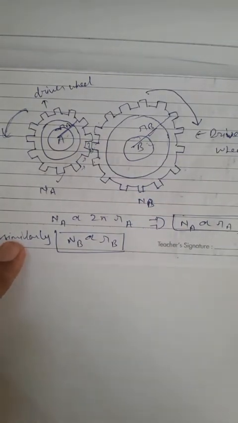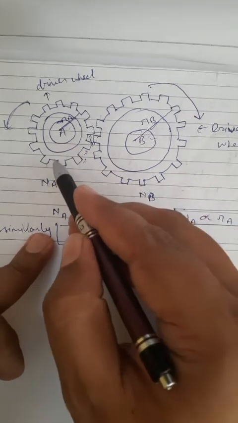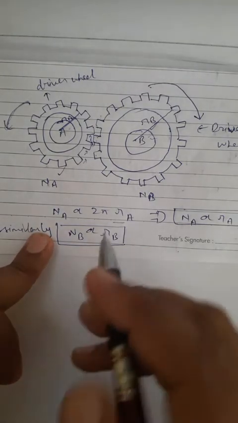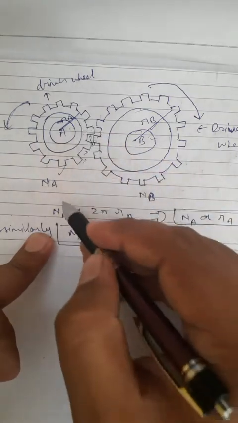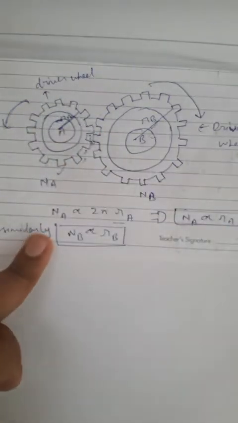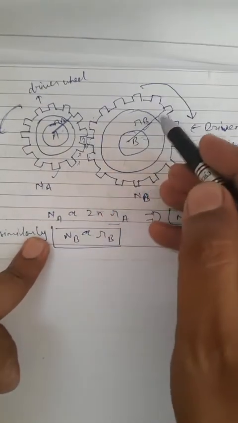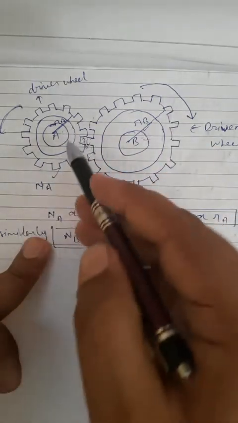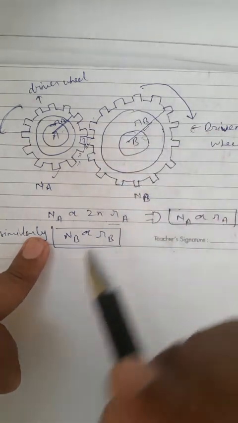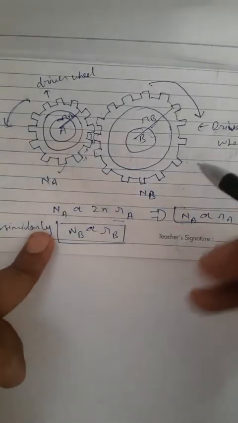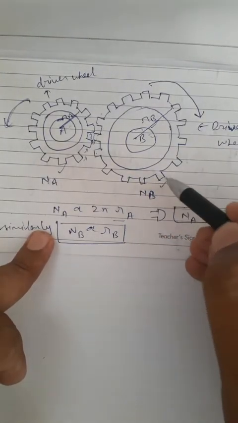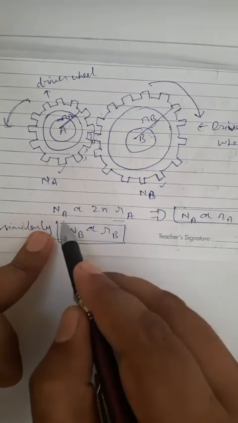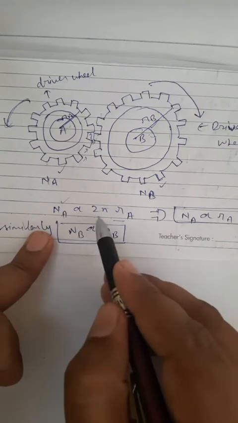Now we can easily understand that the number of teeth on the surface of the gear is directly proportional to the circumference of the gear. मतलब ये कि इसका circumference जितना ज़्यादा होगा उतने number of teeth हम यहाँ पे surface पे इसके draw कर सकते हैं. अब यहाँ पे अगर जो मैं gear B के बारे में बात करूँ तो the radius of gear B is greater as compared to radius of A. तो जो हमारा गियर बी है उसका सर्कमफेरेंस भी ज़्यादा होगा एज कम्पेयर टू गियर ए. इसका मतलब ये हुआ कि गियर बी में जो नंबर ऑफ टीथ्स हैं वो ज़्यादा हैं एज कम्पेयर टू गियर ए में.